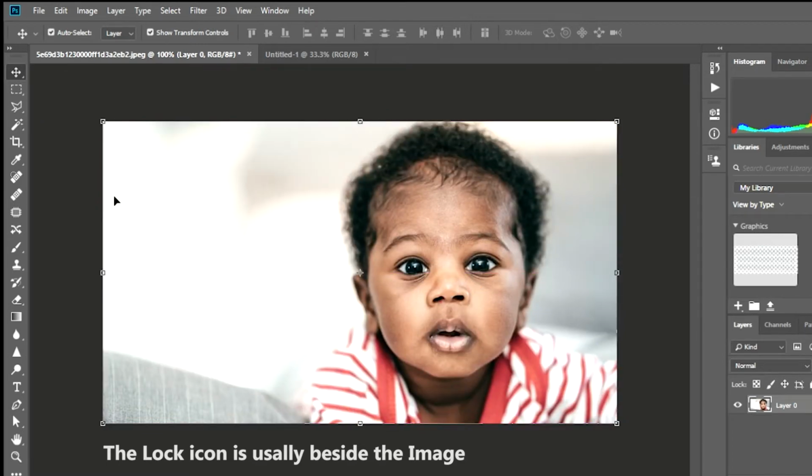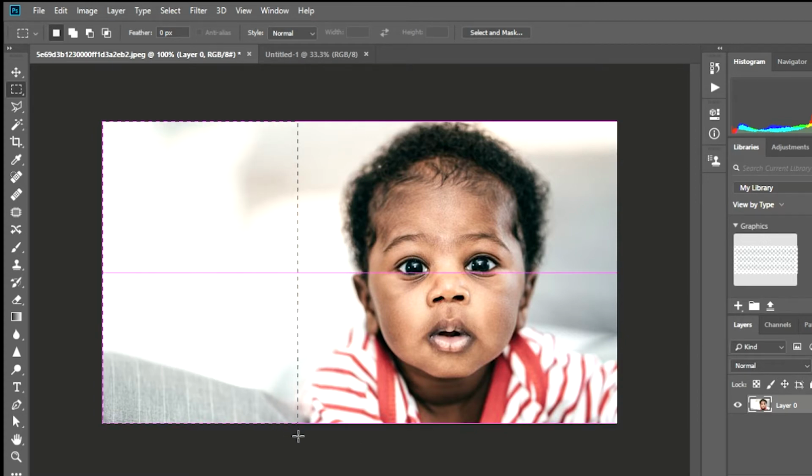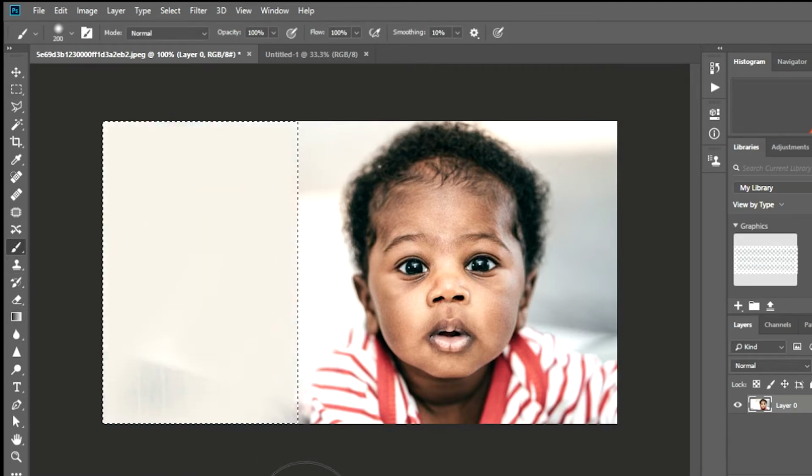So the next tool here, I'm going to run you through the tool. The next tool here is the rectangular marquee tool. How do you use this tool? You select the part of your screen that you want to work on. Either you want to crop or you want to brush on it. And when you're done with selecting, then maybe you use your brush tool to brush on that part of the image, or